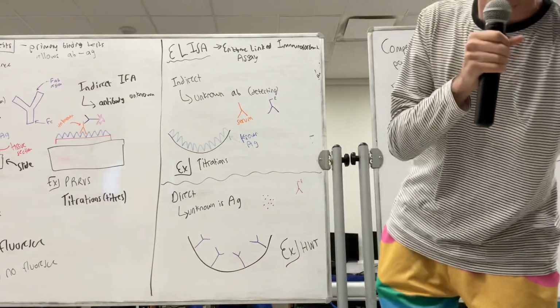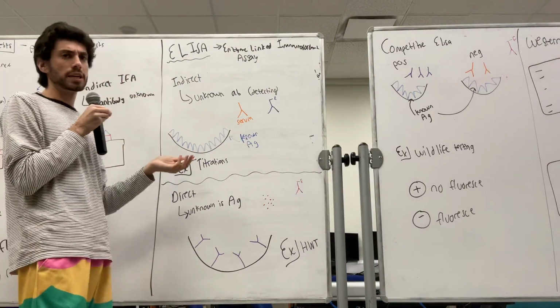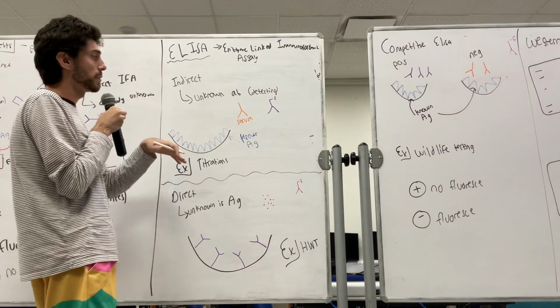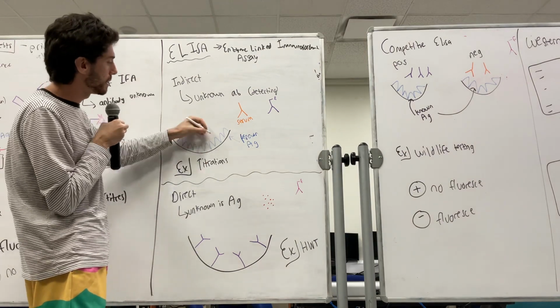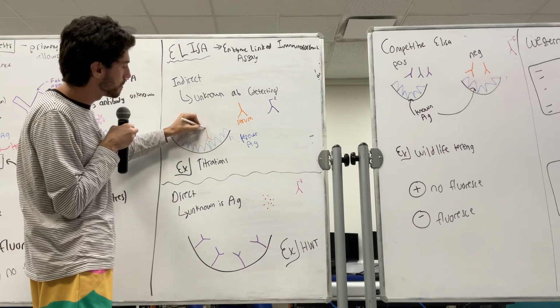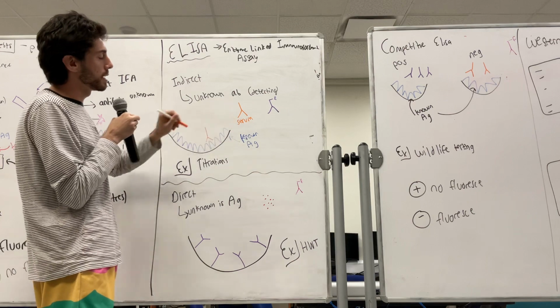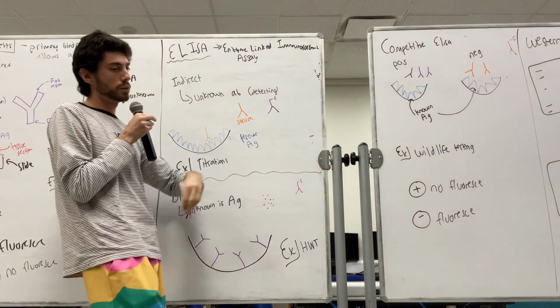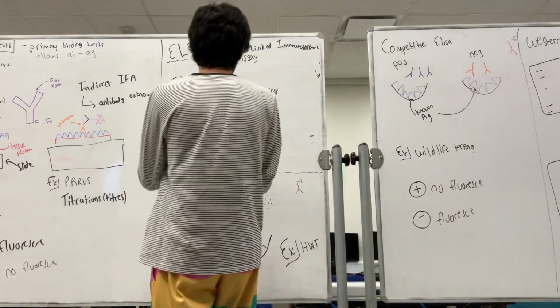When we run our patient's serum, and this can be used for titrations, which will evaluate how much antibody is in the patient's serum, if it is recognized, then the antibody is going to bind to our antigen, and this is going to be an unknown antibody. Then we're going to have another one of those special antibodies that has the fluorochrome stain on it, and it's going to